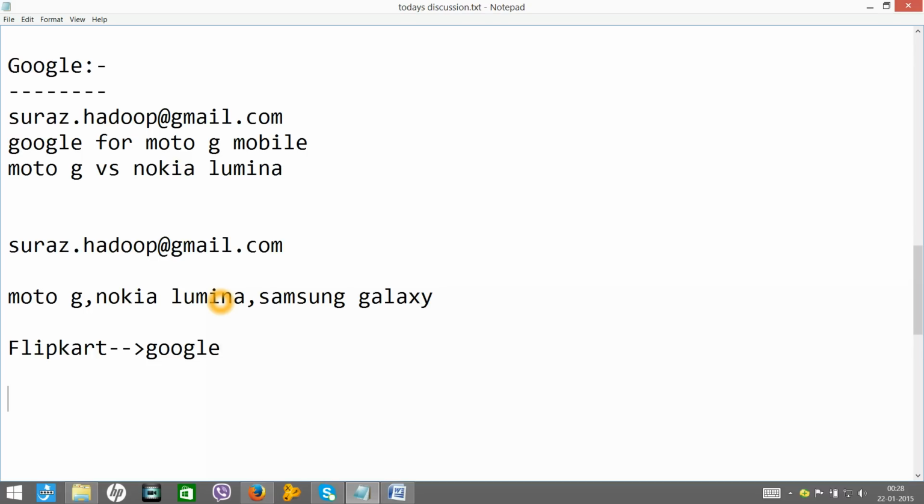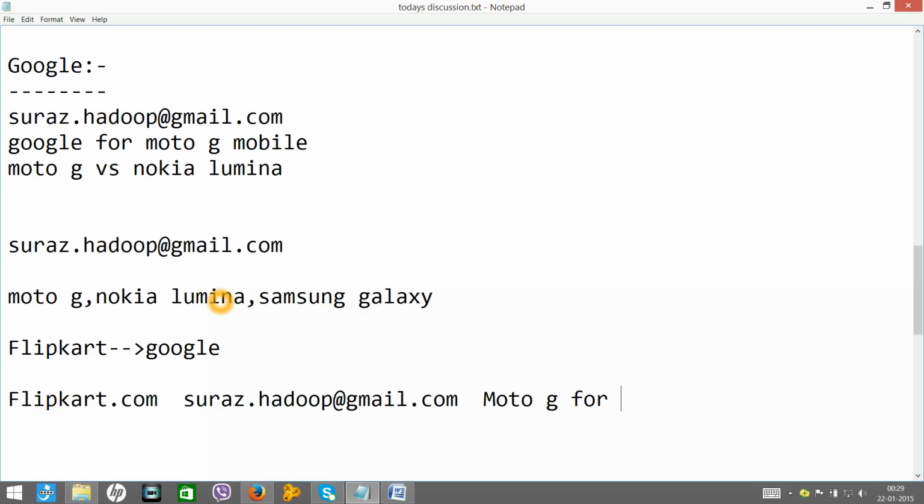You might have noticed sometimes when you log into flipkart.com and say your email ID is suraj.hadoop@gmail.com, immediately you may get some sort of recommendation like Moto G for sale at 12% discount.